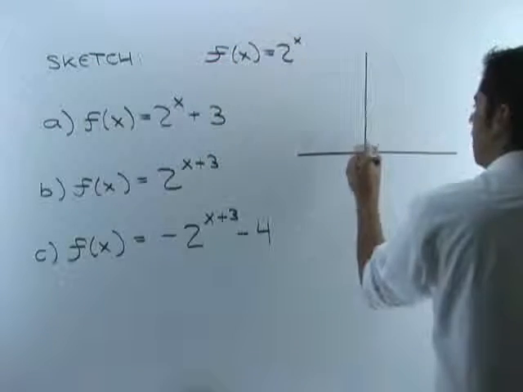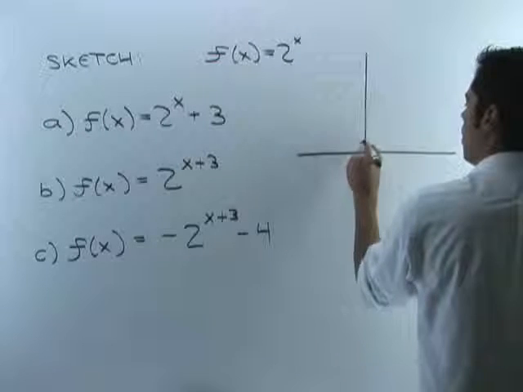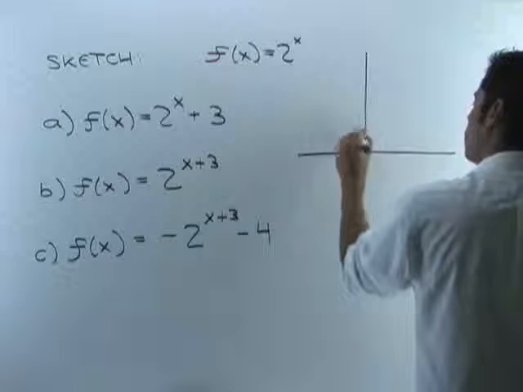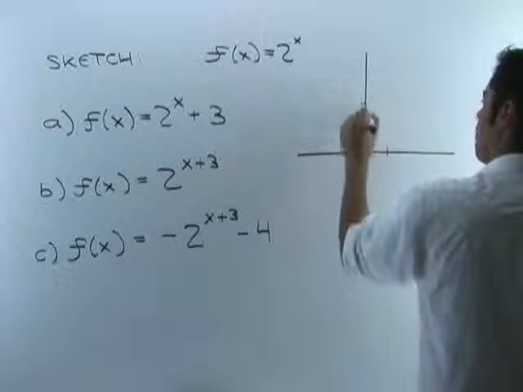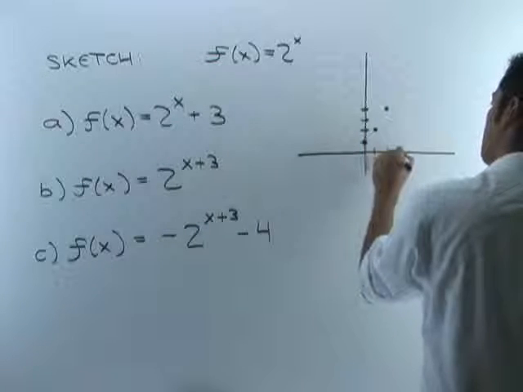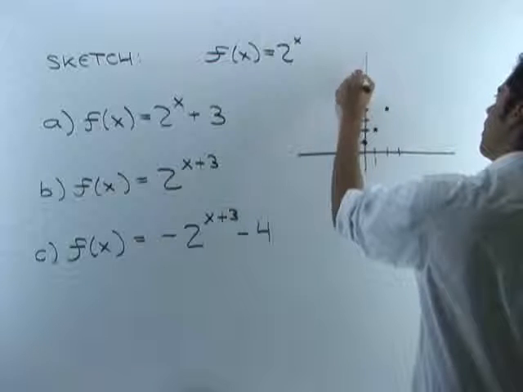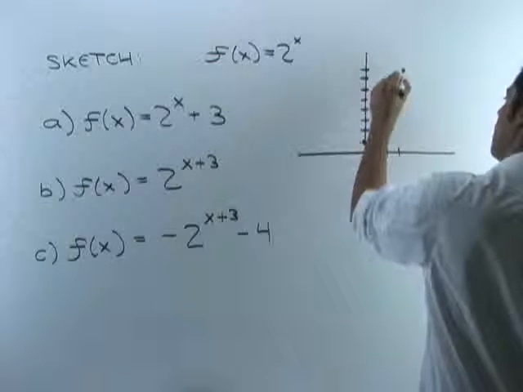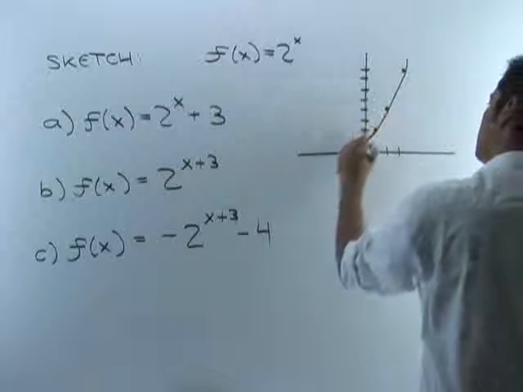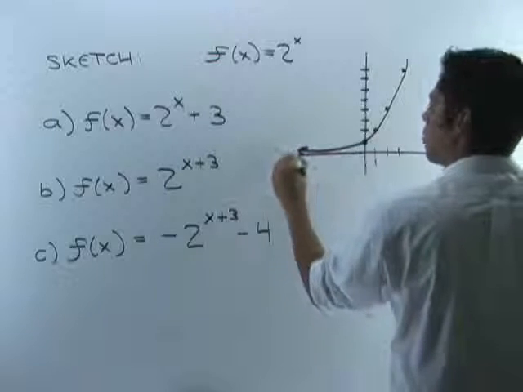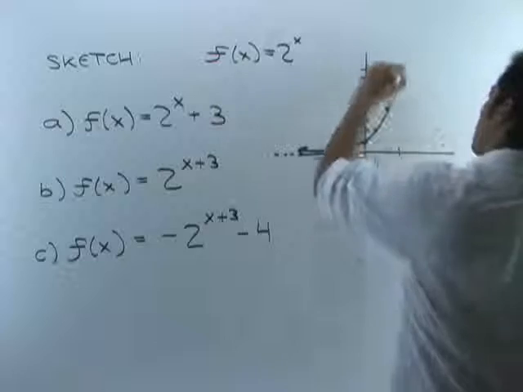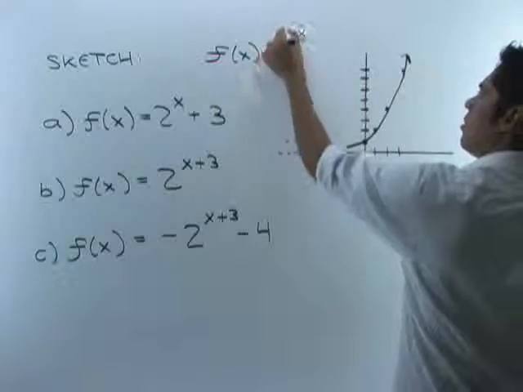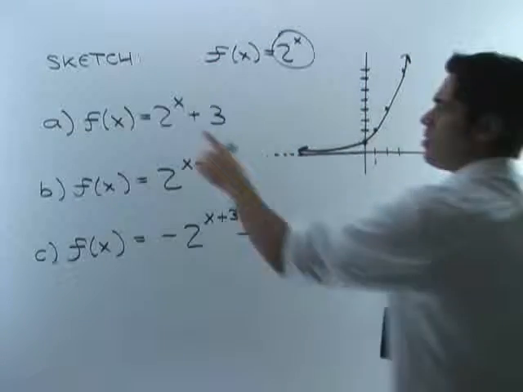We've seen this already. At 0 we're at 1, at 1 we're at 2, at 2 we are up at 4, and then at 3 we are up at 8. And when we graphed that function, it looked like this, and we had a horizontal asymptote here of the x-axis. So the question is, if we know that this is 2 to the x, what is 2 to the x